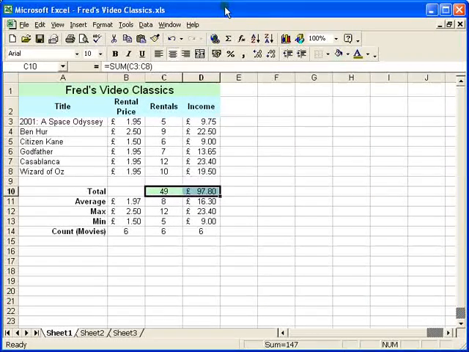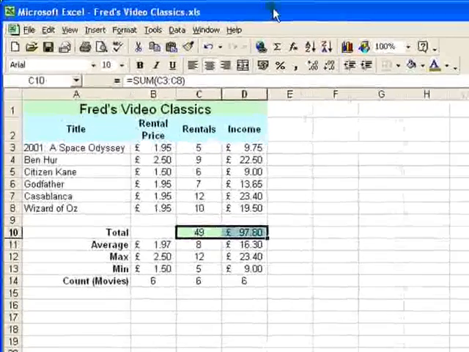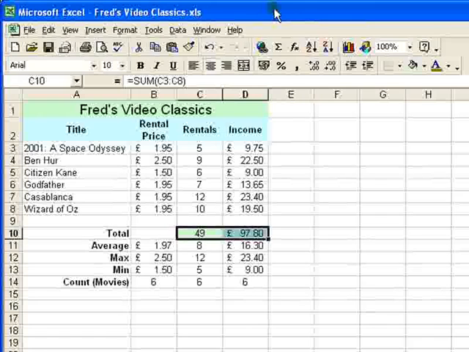Hello and welcome to tutorial number 7 in this series for Microsoft Excel beginners. We're going to continue the formatting on this particular spreadsheet, and the next thing we're going to look at is